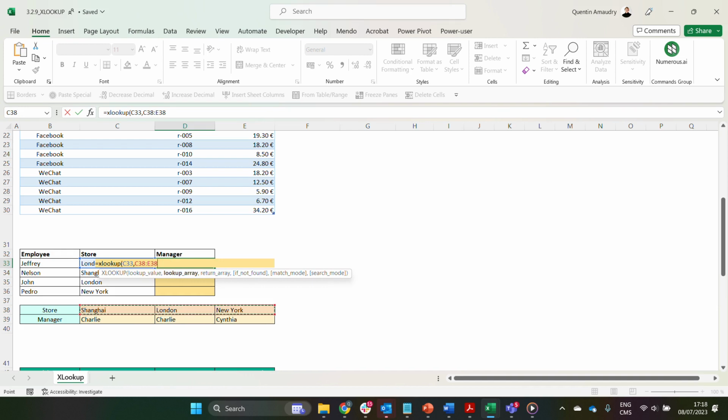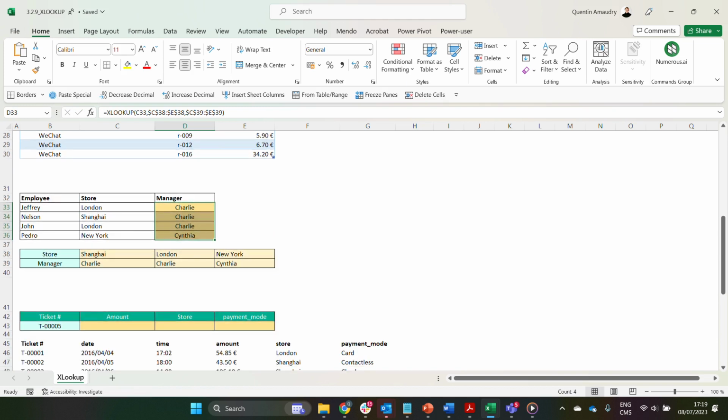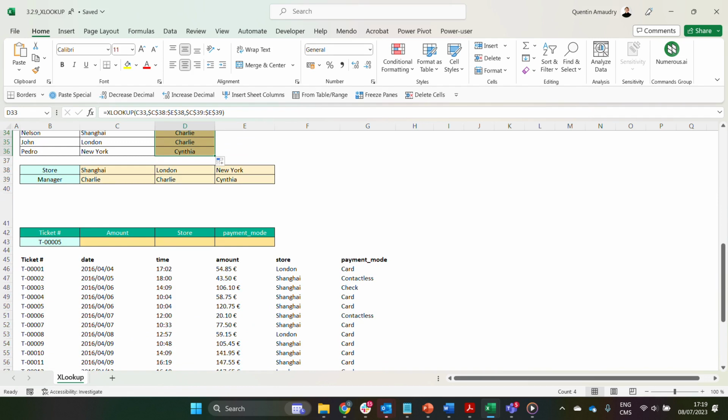I'll press F4 to lock that because it's not a table. And the return array will be what we have in front of it, right? So we'll just choose the thing that is in front of it. And same, we'll do F4 so it doesn't move when we slide down the formula. We won't care about the different parameters on that one, and we can just slide it down. Amazing. So let's move on with another way to use the Xlookup that is actually using it in a dynamic